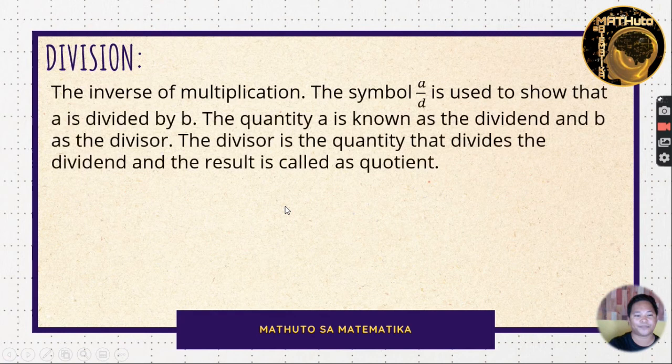So for division naman, the inverse of multiplication, the symbol A over B is used to show that A is divided by B. A over B po yan. The quantity A is known as the dividend and B is the divisor. The divisor is the quantity that divides the dividend and the result is quotient. So in this division po, B or the denominator must not be equal to 0. Since if our B or denominator is 0 or the divisor is 0, we have undefined